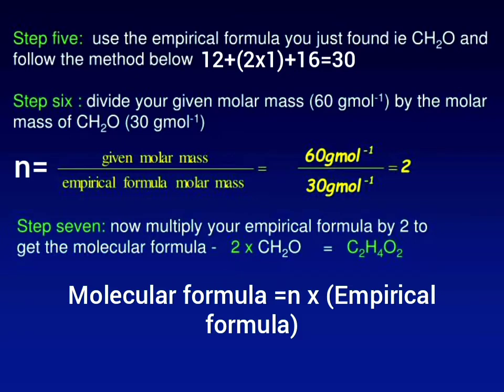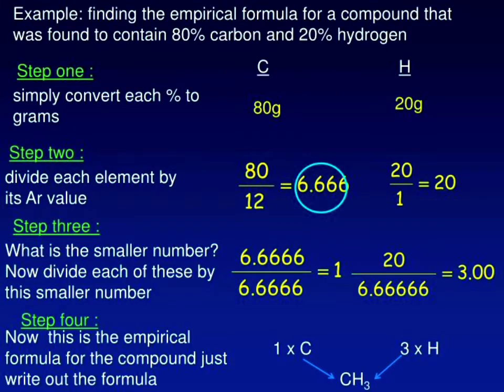C2H4O2. Next question is to find the empirical formula of a compound that contains 80% carbon and 20% hydrogen. The first step is to convert the percentage to grams, and it is 80 gram for carbon and 20 gram for hydrogen. The second step is to divide the mass of each element by its standard atomic mass, that is